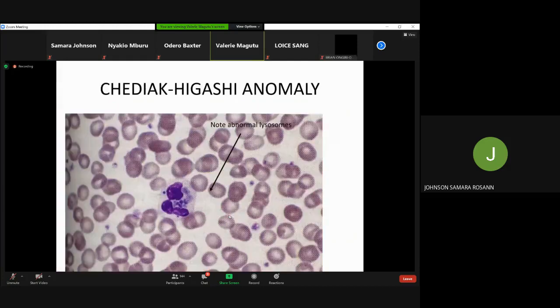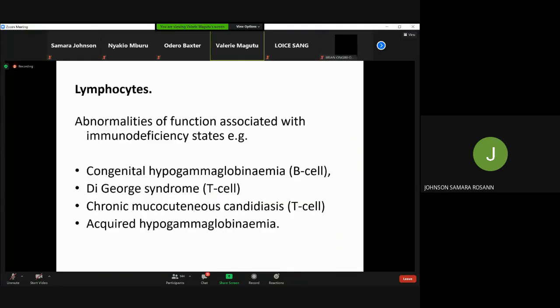Okay, for Chediak-Higashi, really, really dense, of course, granules, which are abnormal lysosomes. And I think we might talk about it during immunology, or if you read up on it a bit more. But basically, there's an issue with intracellular protein transport, and we get these really dense granules that are actually lysosomes. So those are morphological abnormalities as part of your qualitative